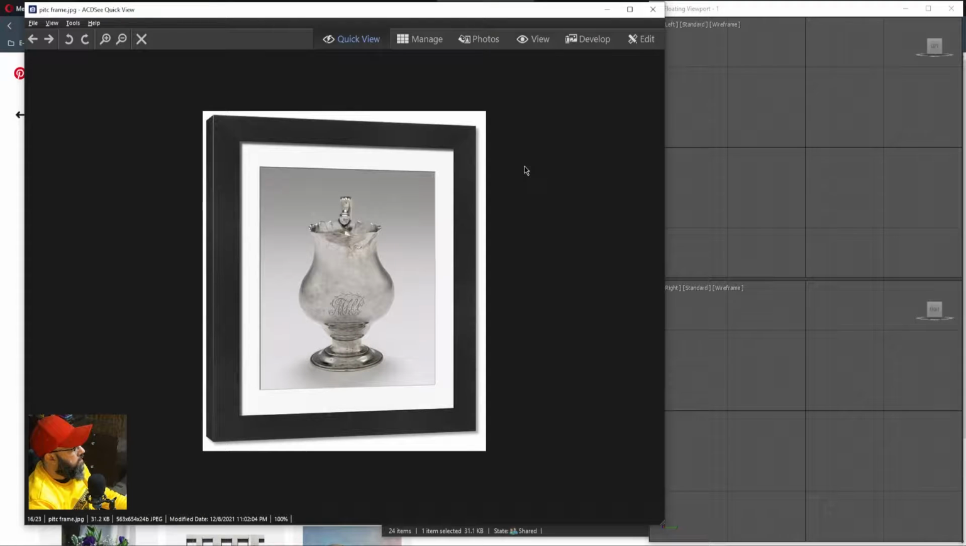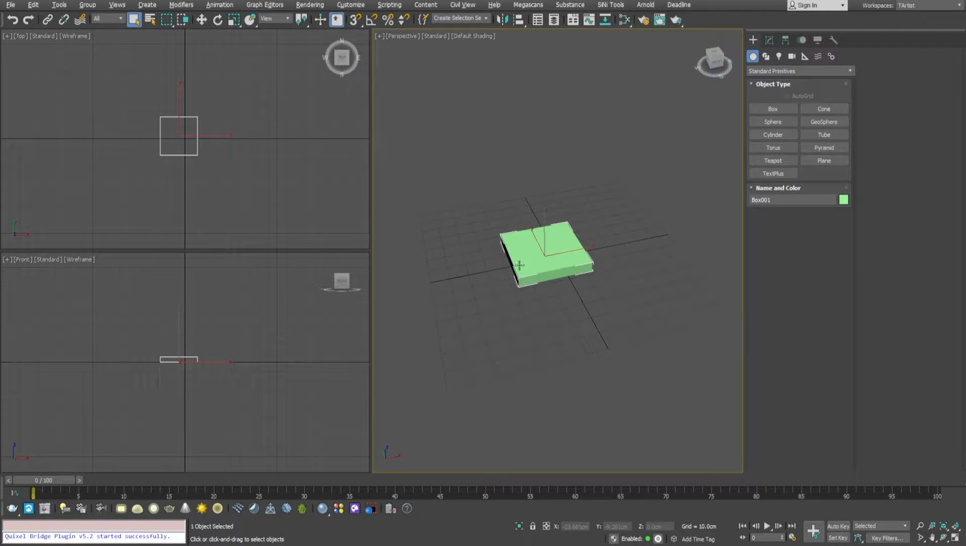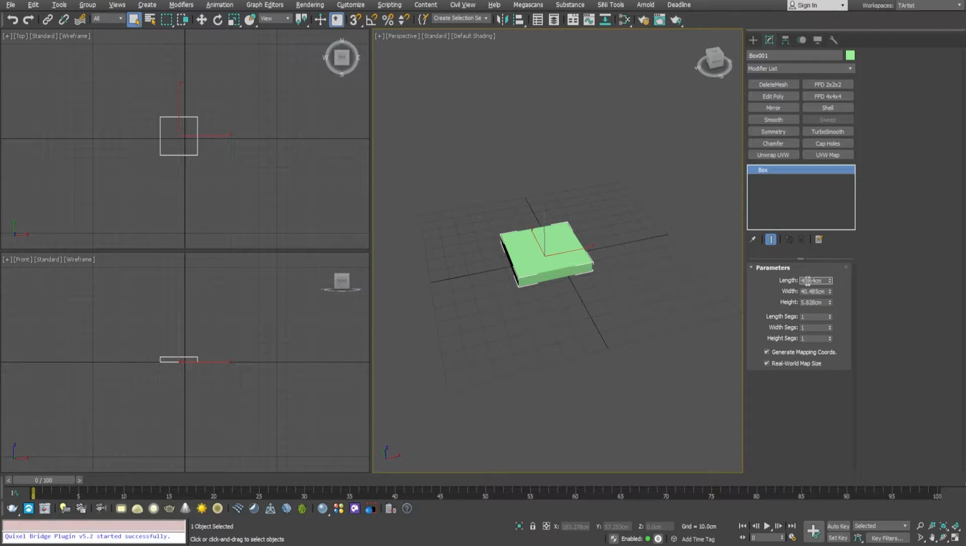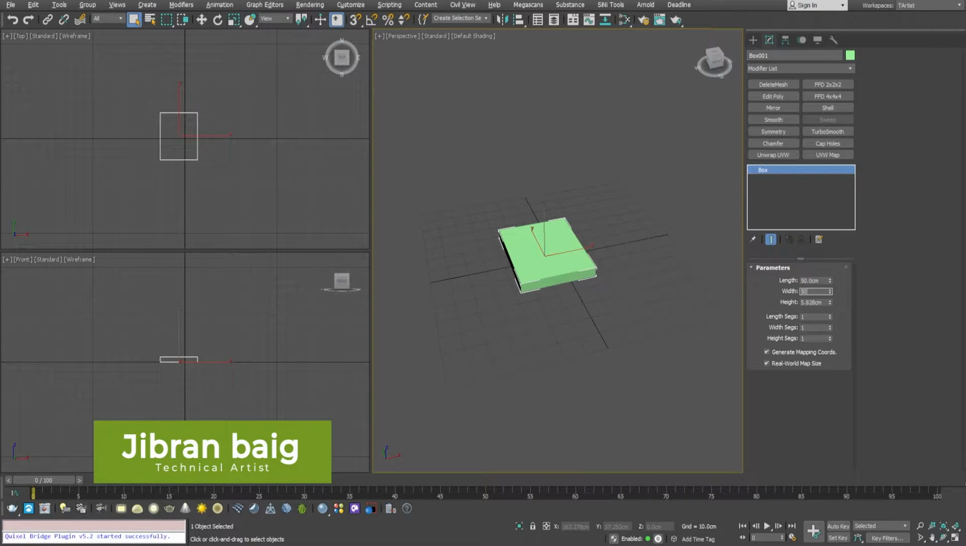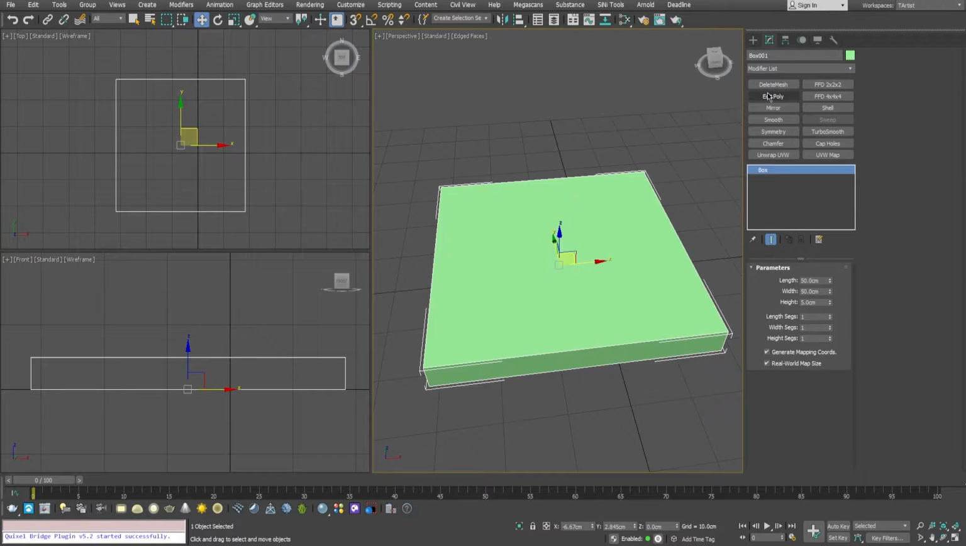Next would be to model this picture frame, and we do not have a dimension for this picture frame. We are just going to eyeball it. Click on the primitives box and create a simple box. I'm just going to input 50 by 50 and possibly 5 centimeter, and I just pressed F4 and